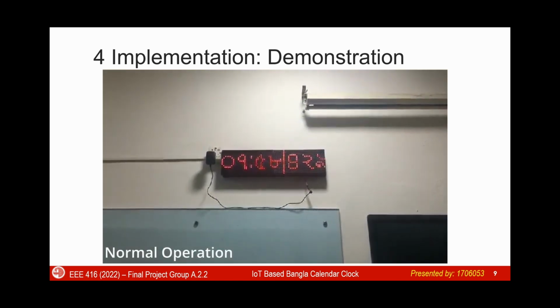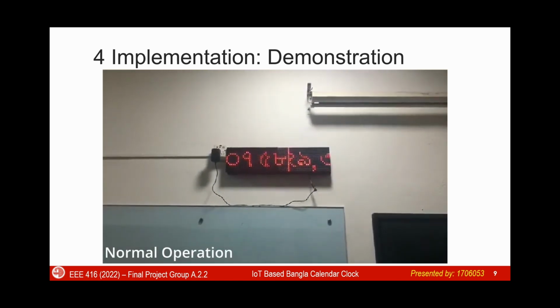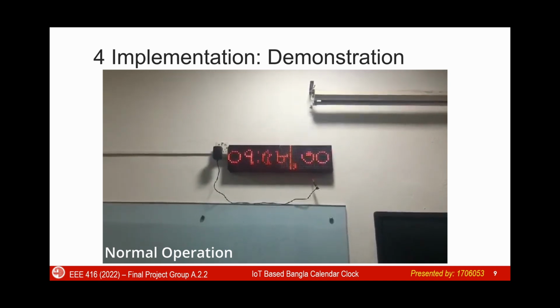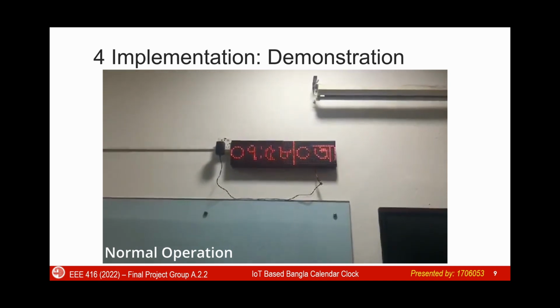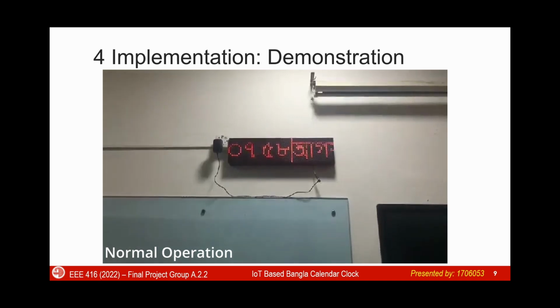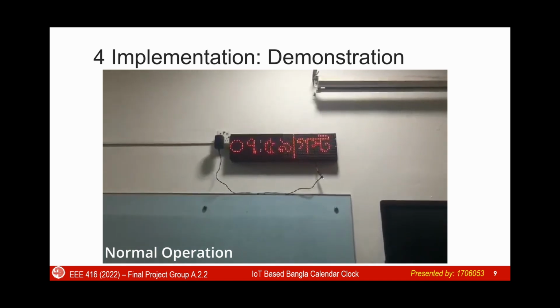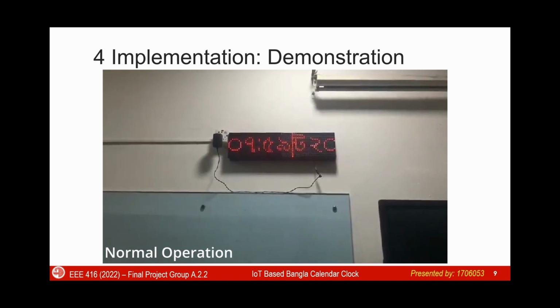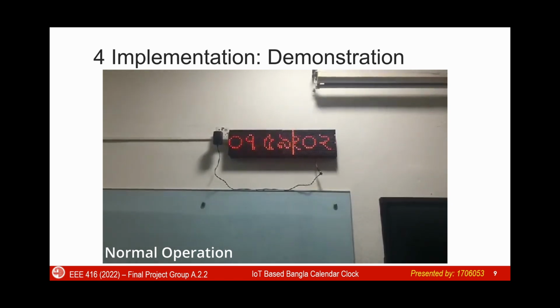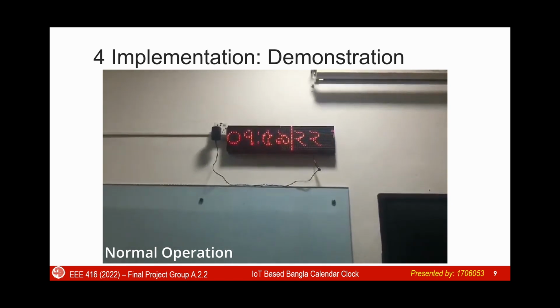Here we can see the normal operation of our clock. The time is currently 7 p.m. and 58 minutes, and we can see the date scrolling past 30 August 2022. We just witnessed the transition of our time from 7:58 to 7:59,